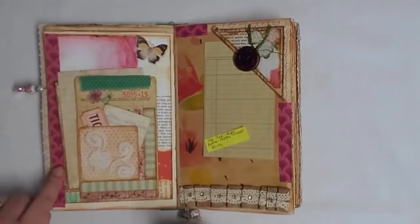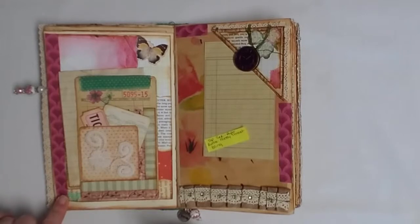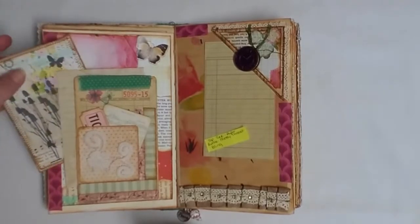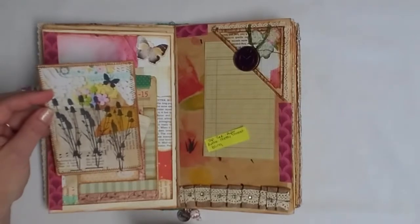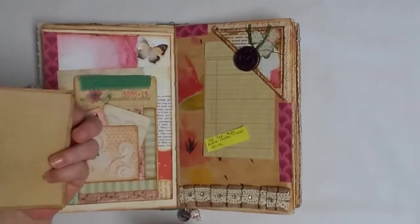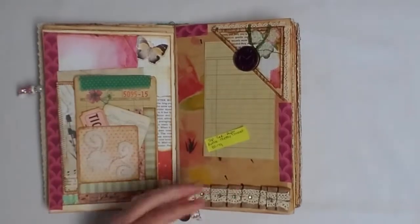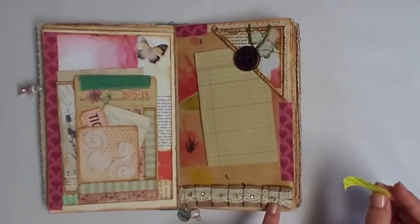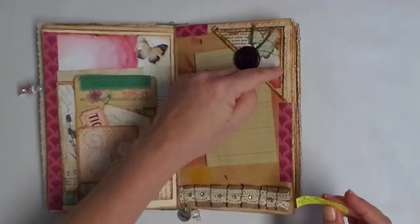Here is some handmade washi. All of the washi I made for this journal, I made with fabric. So I've got some of that there. And I've got some stamping here with some lined journal space. Over here I've got a top tuck with a paper ribbon ruffle that has some bling added to it, some messy thread,